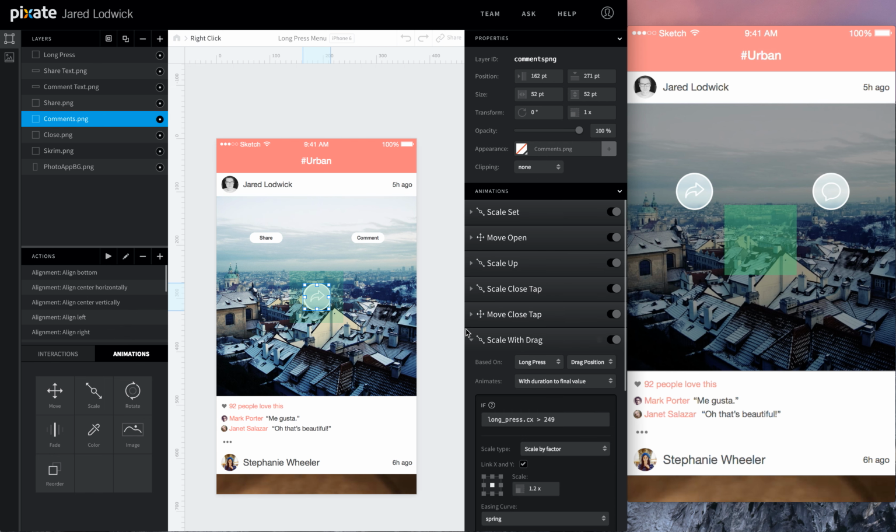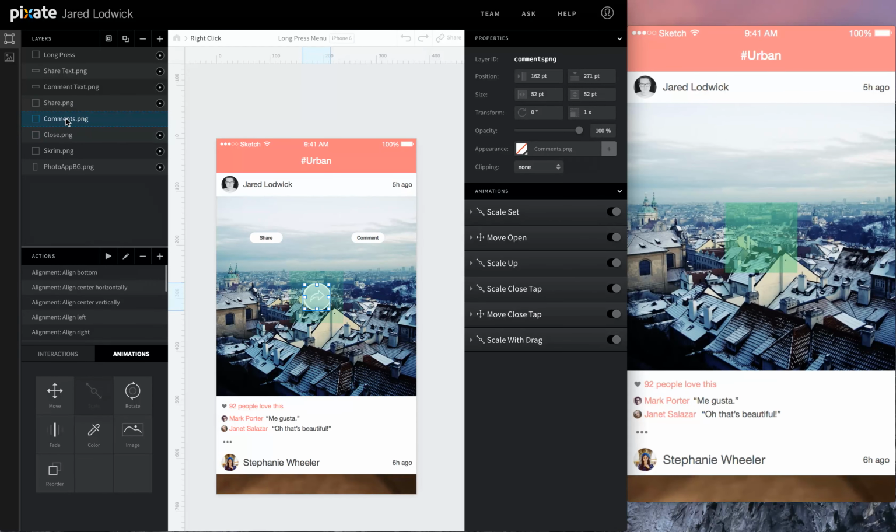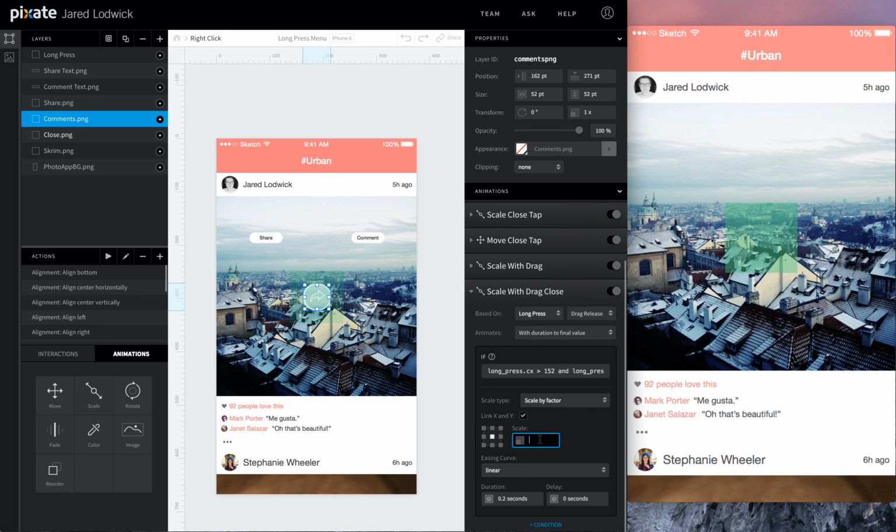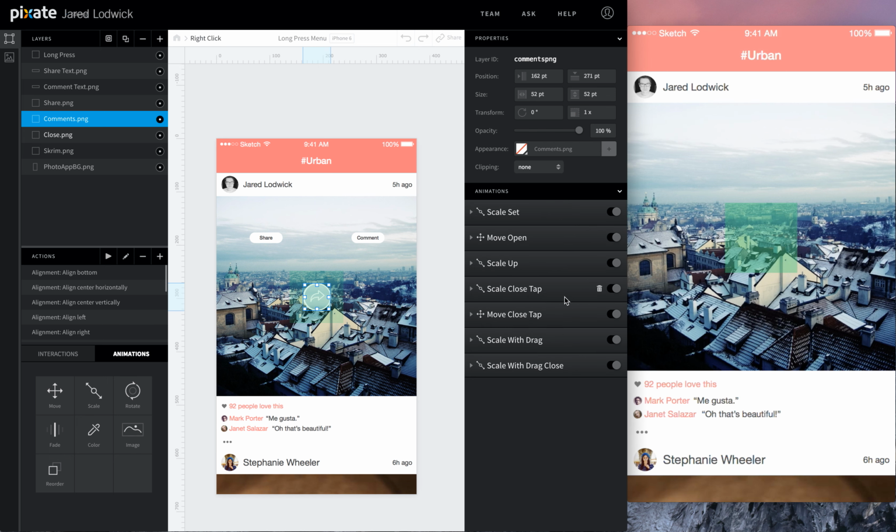Now we'll do the same thing for these other two. Come to comments, call this scale with drag close, and we're going to use the same conditions for the close one. We'll say if long press's drag release, just paste that in there, tell it to go to 0. Then we're going to also do the move animation because we want it to go back in.